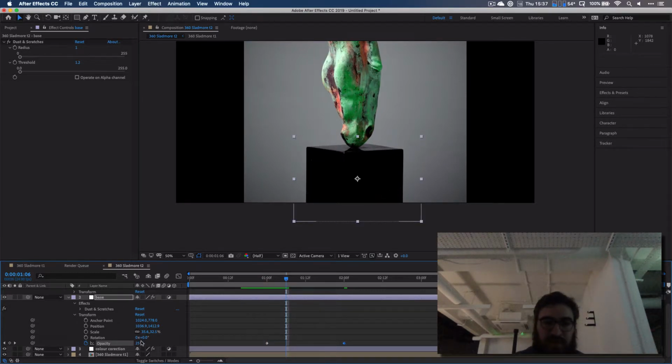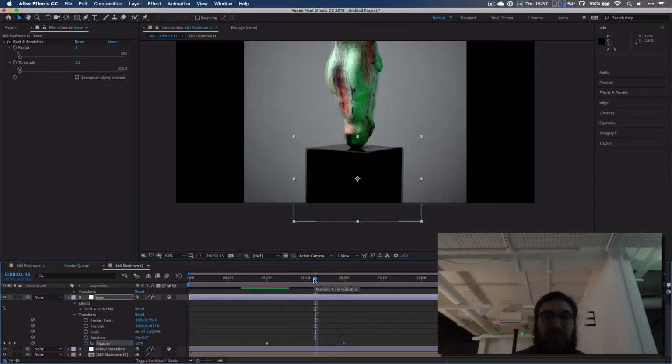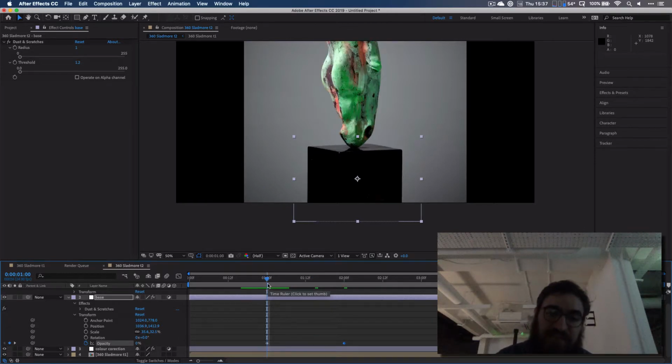If I stop it halfway, it's jumped to 25. If we jump again, it's jumped to 62. You can use keyframes to control how it starts and finishes. If you were moving it, so let's say I want to keyframe the opacity there at